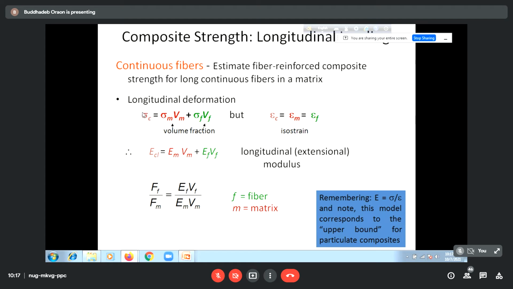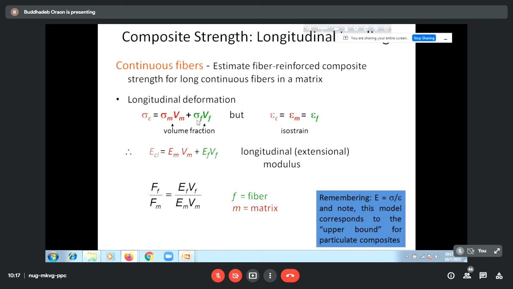The strength in terms of stress, we can say that this is the strength of the composite in terms of stress, or tensile strength. So this is just sigma m, that means the stress in the matrix, and this capital Vm indicates the volume fraction. Suppose you have mixed two components, fiber and matrix, and let us say 60% volume is matrix and the remaining 40% is fiber. So this factor will be 0.6, like that. So this is the volume fraction.